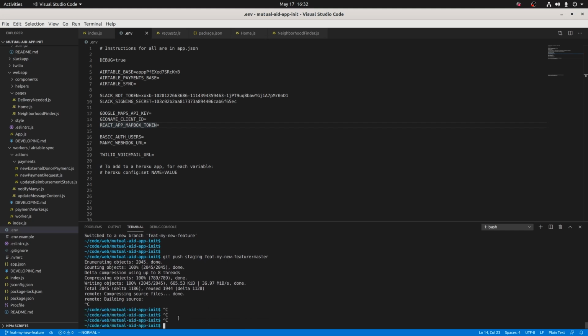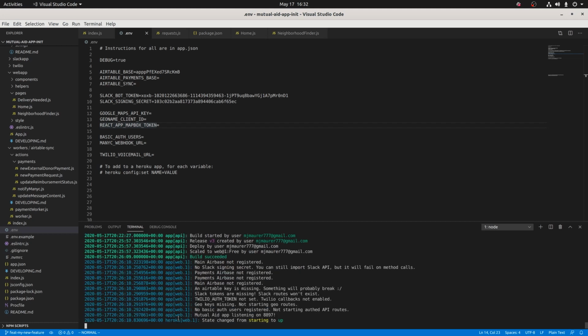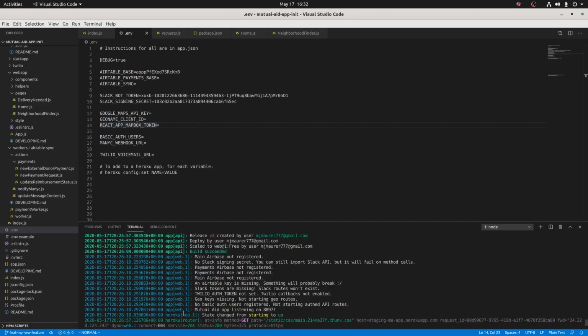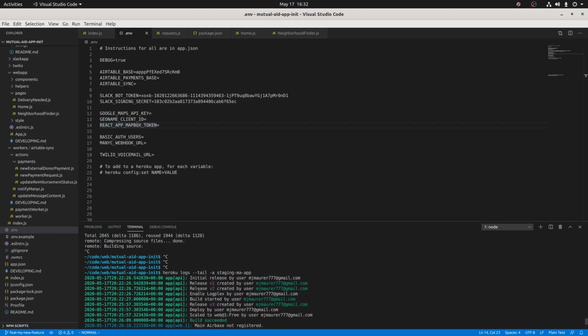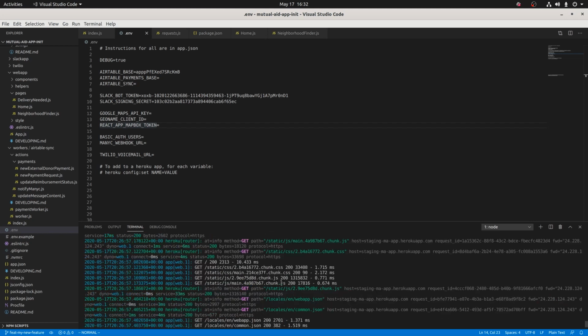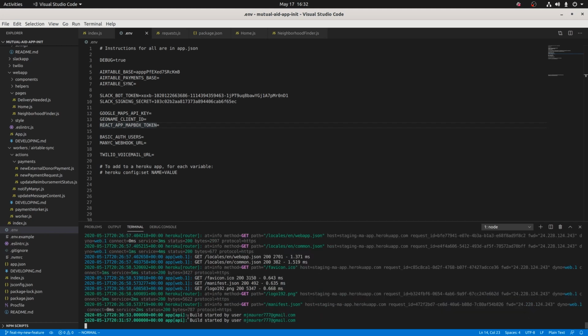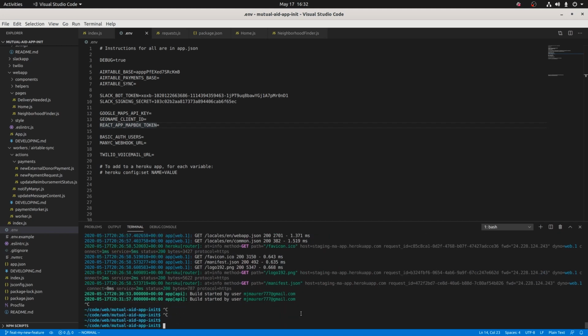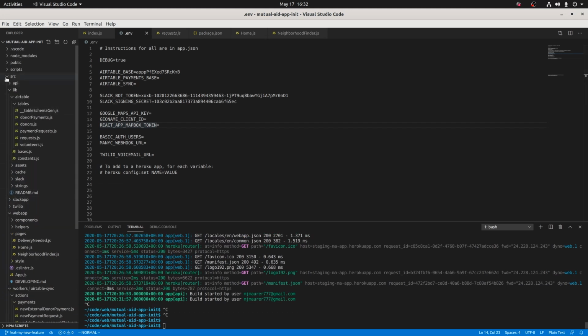That's pretty much it with Heroku. Oh yeah, logs. So heroku logs, tail, apps, staging, MA app. Let's see what's going on here. Great. So you can see it starting up, build succeeded. It's telling us there's no config variable set. Then we see the request that we did to the web app. And then you see the 2 builds that we just started by pushing to Git. Great. That's Heroku. One thing I realized while I had this paused that I forgot to do was talk about